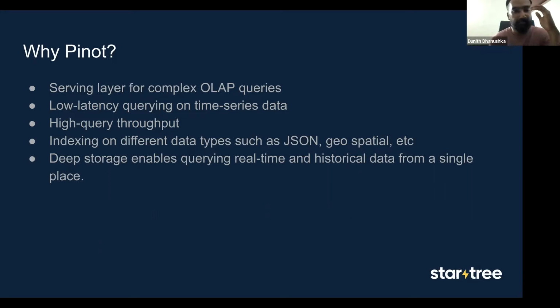Pinot can also bring additional indexing structures to enable high throughput queries, like JSON indexes, and we also have support for geospatial queries and geospatial indexing. Also, like I discussed, Pinot supports integration with deep storage, so you can use Apache Pinot as a single place to keep your real-time new data as well as historical data in one place.